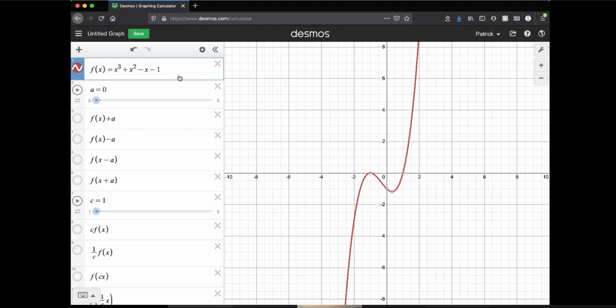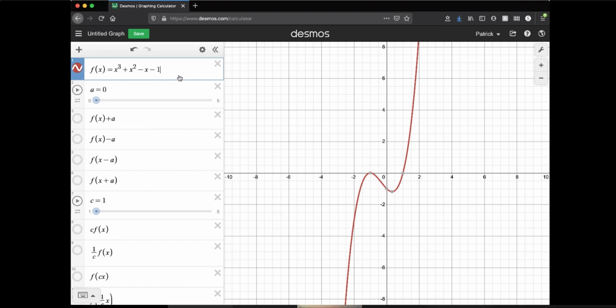So to begin, let's open up our packet to, I think it's 2.5, I want to say. It should look like a bunch of graphs. There should be a grid, 3 across, 4 down. And in the top left-hand corner, it just says f of x equals x cubed plus x squared minus x minus 1. That's going to be the function that we're going to be looking at for the majority of class